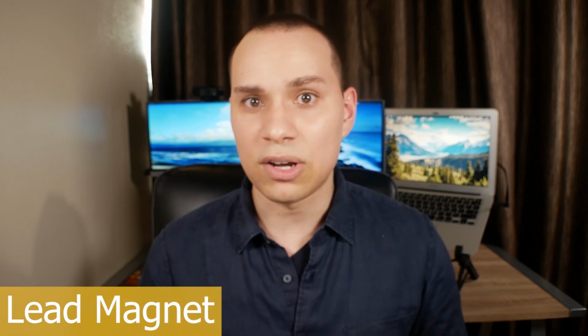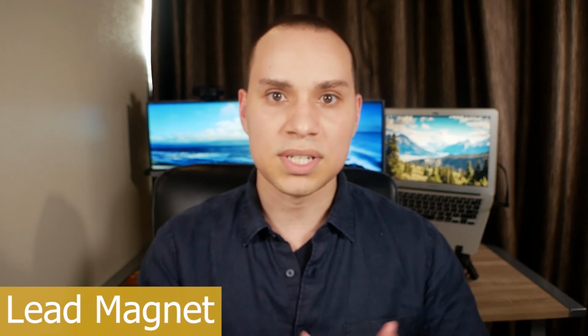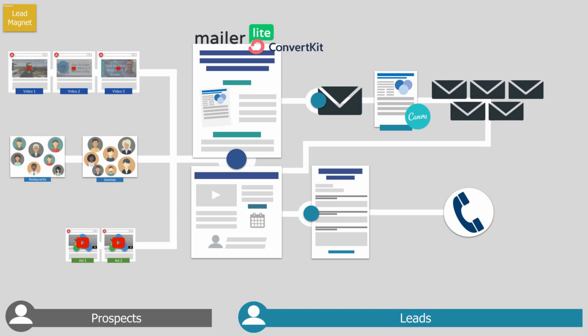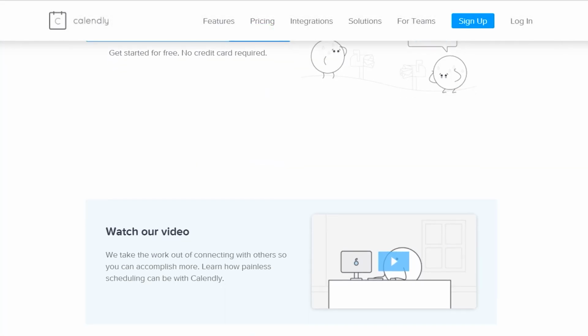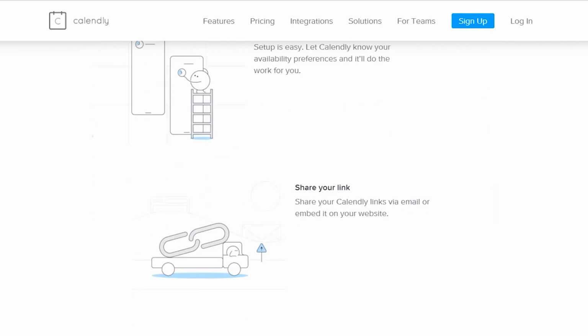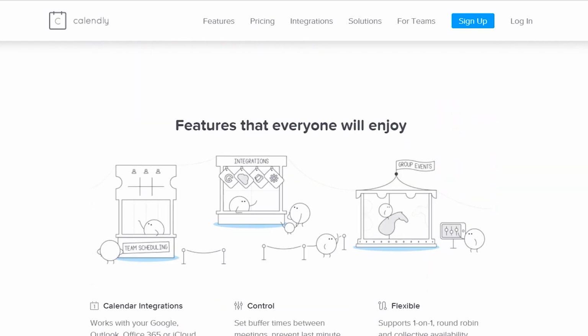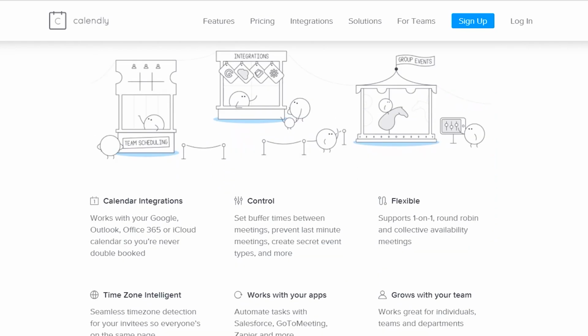So obviously you want to get people on the phone, but when it comes to booking and actually scheduling that call, it can be really cumbersome and quite a headache if you're emailing back and forth with times and figuring out time zones, and then by the time they email you back, you've already scheduled another call. And so I highly recommend using something like Book Like a Boss or Calendly here, and those will automatically connect to your calendar or just use their calendar inside their tool, and people can automatically schedule at specific times you've chosen. So that way you're not going to wake up in the morning and find out that you have 10 sales calls, right? Well, what a great problem to have.